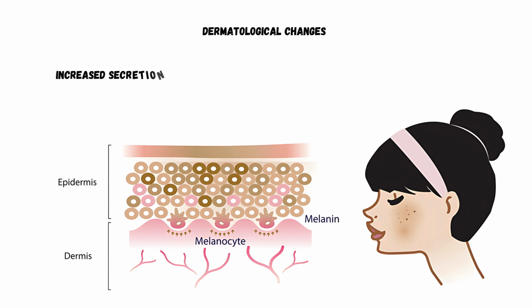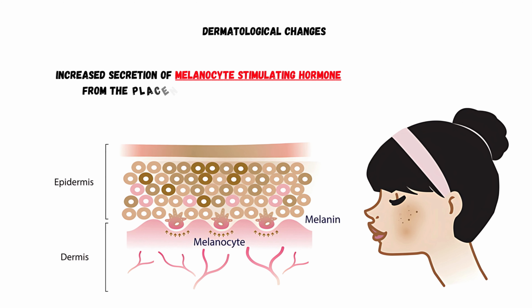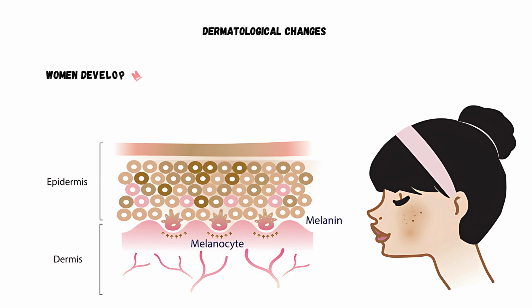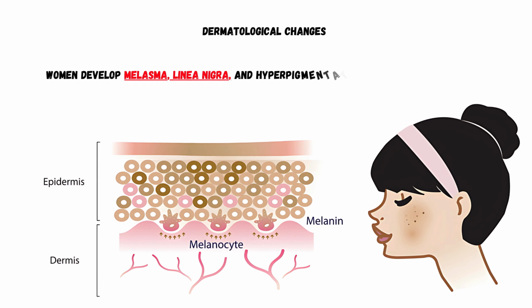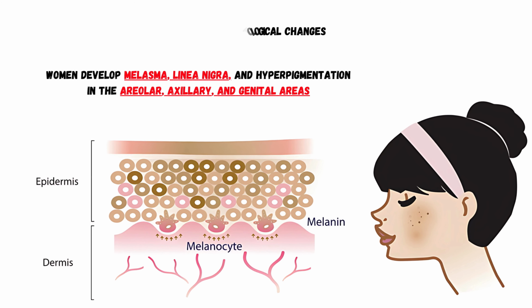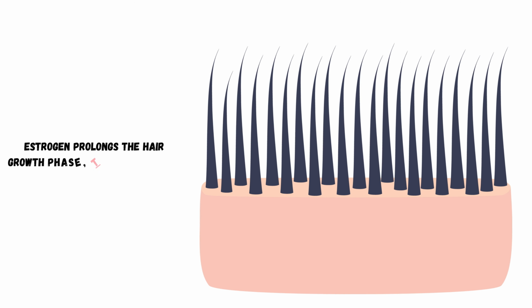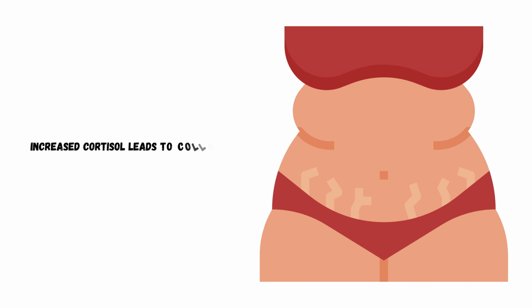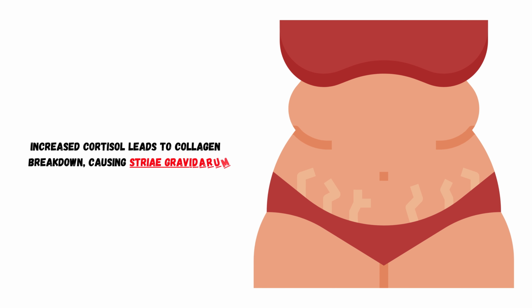Finally, the dermatological changes during pregnancy include the following. Increased secretion of melanocyte-stimulating hormone from the placenta causes hyperpigmentation. Women develop melasma, linea nigra, and hyperpigmentation in the areolar, axillary, and genital areas. Estrogen prolongs the hair growth phase, thickening the hair. Increased cortisol leads to collagen breakdown, causing striae gravidarum,